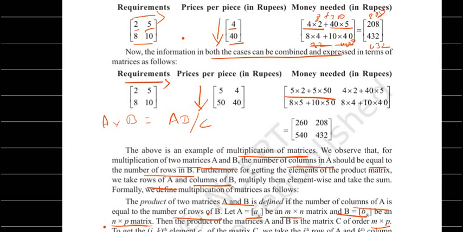Here, the order of this matrix is 2 into 2, and here the order of the matrix is also 2 into 2. The resulting matrix, we can call it the C matrix. What should be the order we get? When we are talking about the number of rows,